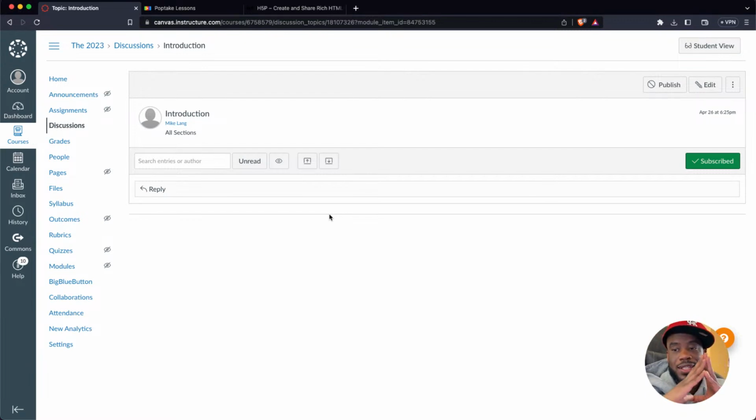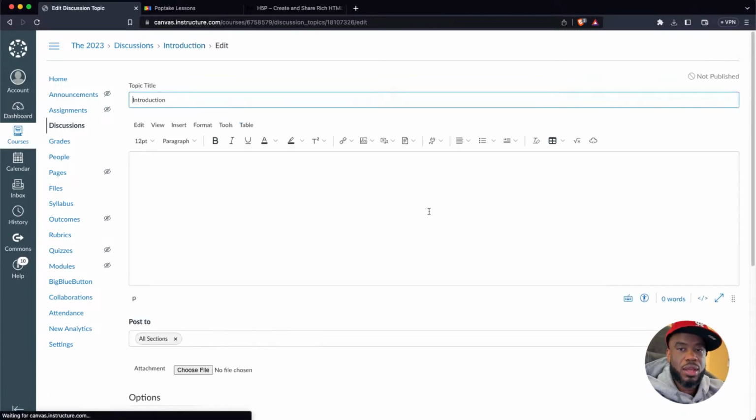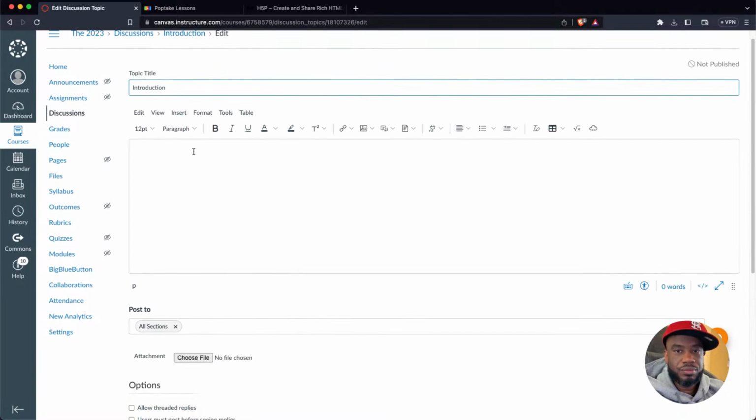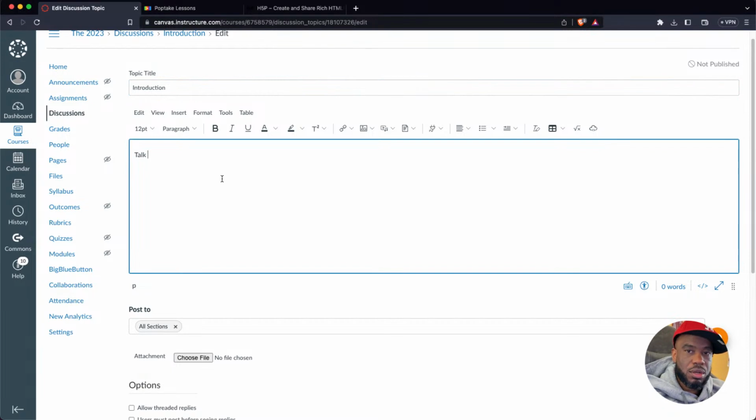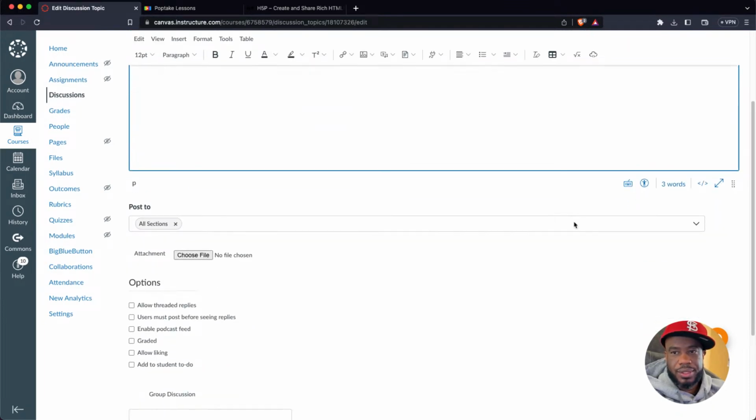And the reason why discussion pages work beautifully as a solution for that particular problem is when I build a discussion page, first of all, it's set up the same way that a regular page is set up. Introduction, talk about something. Great. Now I could add images, video, whatever, anything here in this input. All right. Post to, if I've got multiple classes, I can post that to all the classes so everybody gets the same thing. If there needs to be an attachment there, I can add that attachment.